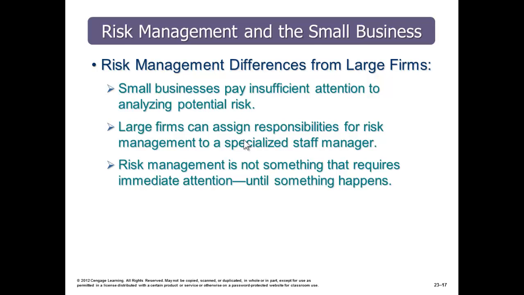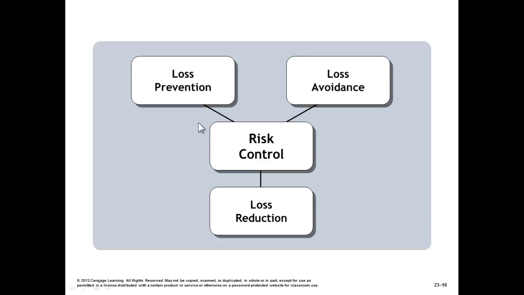So let's look at, for small companies, typically what happens is that the small company is so busy trying to stay alive that it doesn't really pay the attention to risk that it should, and oftentimes is caught off guard by the risk, which when they occur, can sink the company. Large firms do a much better job because they've got the resources to do it and the personnel and the talent to manage their risk properly. But nevertheless, I'm going to recommend, and our text recommends, that risk management is not confined to large firms, that small firms need to be doing risk management as well. Take a realistic look at what your real risks are.